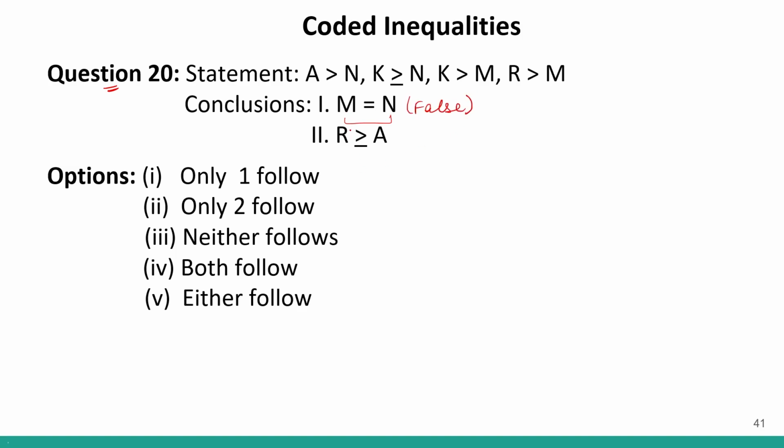If I look at conclusion number 2, it says that R is greater than or equal to A. So we will move from R to A. Now I can see a relationship between R and M, correct? But I cannot see R anywhere else. So this is the only place where I can see R. Now over here, the symbol that is used is greater than and not greater than or equal to. So in any case, the maximum relationship between R and A can be that R is greater than A. But we cannot conclude this one, correct? So this will also be false. So my answer will be that neither of them follows. Option number 3,